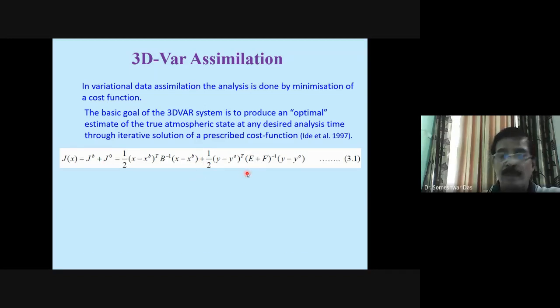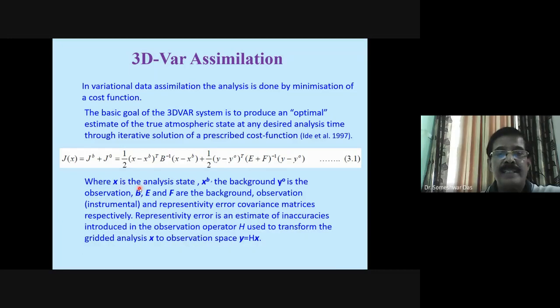Here x is the analysis state, that means the state variable, whether wind field, temperature field or moisture field, that we are going to analyze. xb, with superscript b, indicates the background. The superscript T indicates the transpose of the matrix.